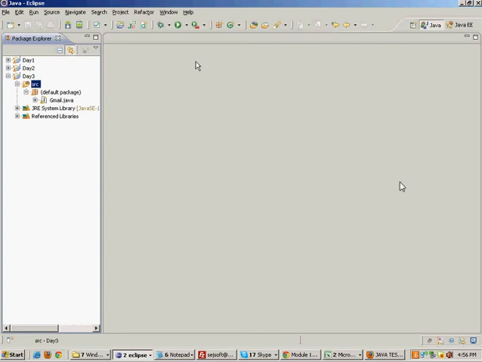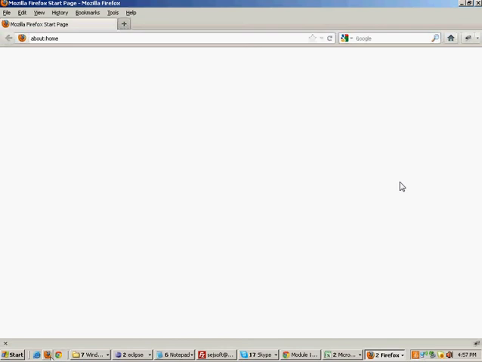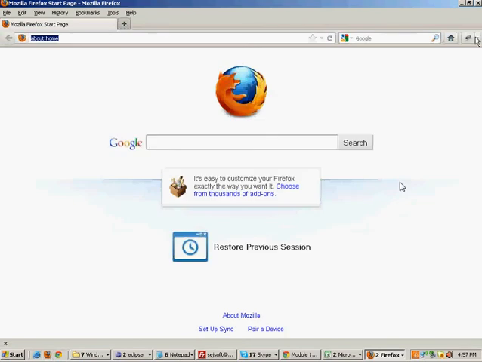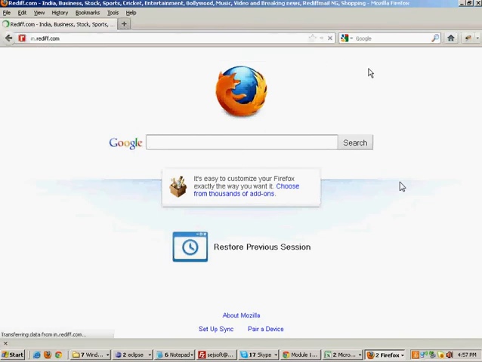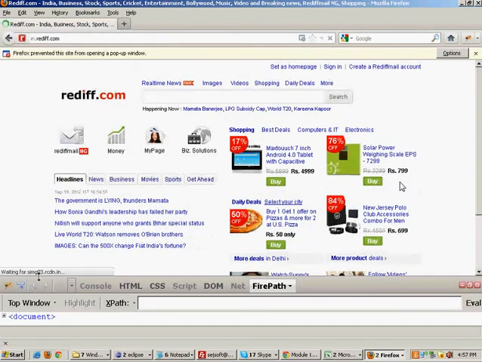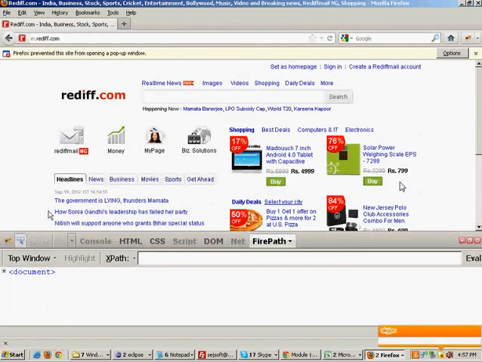Talking about how to make your own XPath. Till now, what we have done is we have taken the XPaths which were there from Firebug, right? But the problem is that if you rely on the XPaths which are coming from Firebug, for example, I go to the website n.rediff.com. On this website, if I look at the XPaths which are coming from Firebug, then the XPaths are based on the attribute ID.